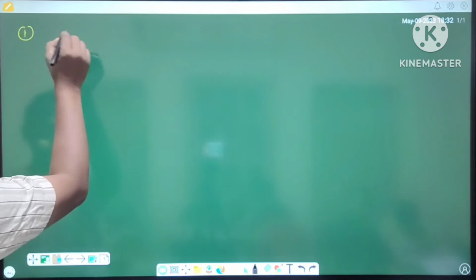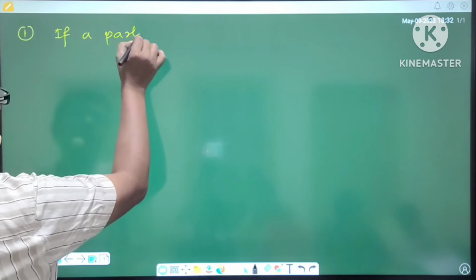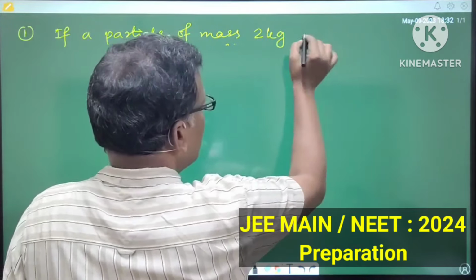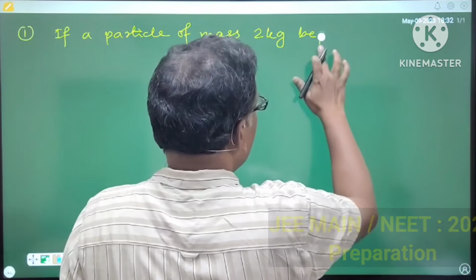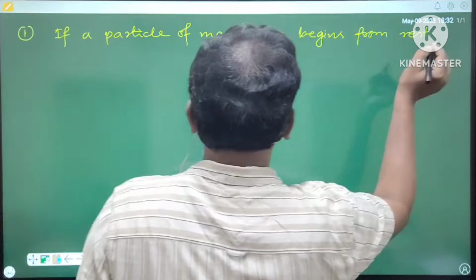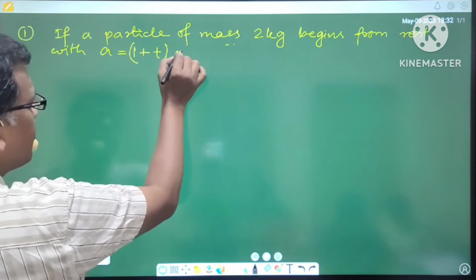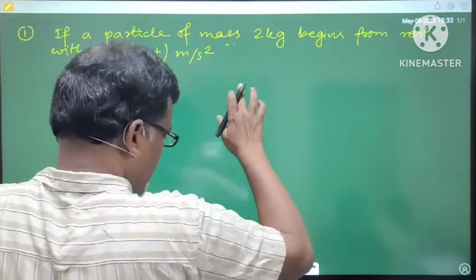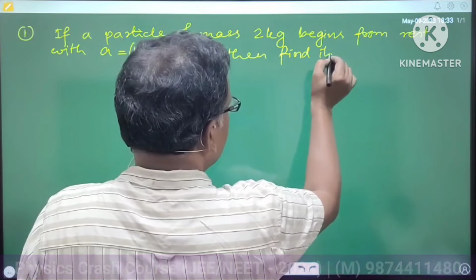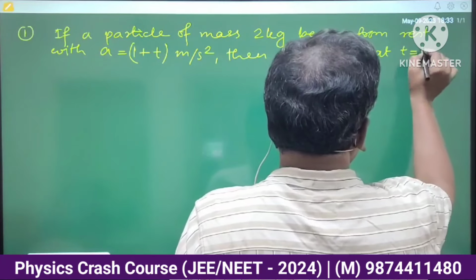Based on this, let's say a particle of mass 2 kg begins from this, with acceleration equal to 1 plus t meter per second square, ठीक है, 1 plus t meter per second square, then find its velocity at t equal to 4 seconds,